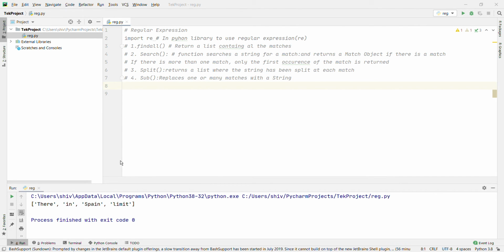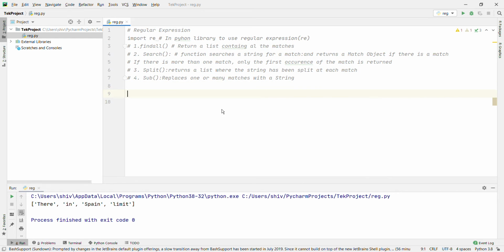Let's create a sentence. text equal to "the rain in Spain". Then re.sub with backslash s, so whenever a space comes, we are going to use 10, on this text.